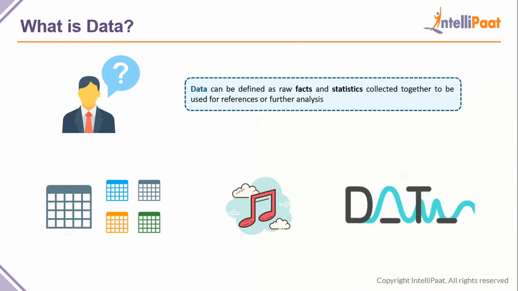Data is basically defined as nothing but raw facts. It is statistics and all of these raw entities which are collected together. So why are they collected together and where is it used would be your next question, because they are collected to perform some further analysis, to draw some inferences based on the raw facts, and eventually at the end of the day you're just converting your raw facts into useful information. Guys, this is very important, converting raw facts into something useful.